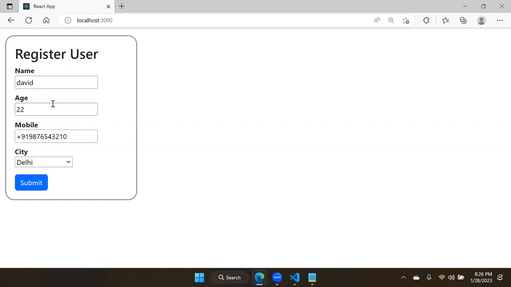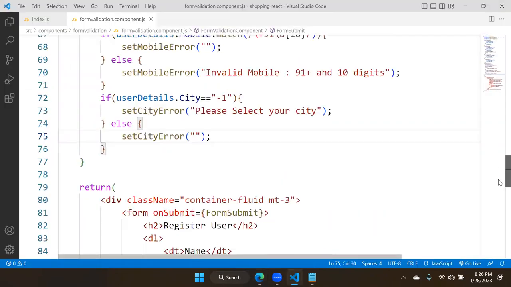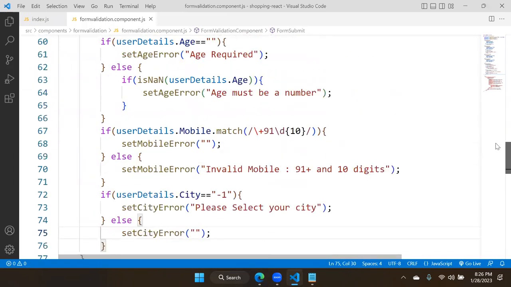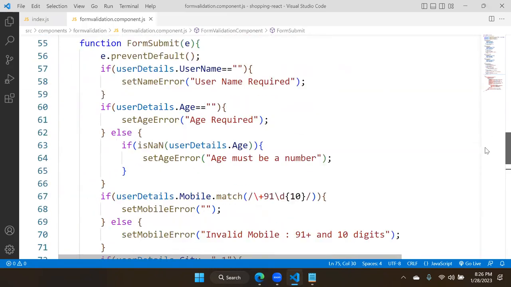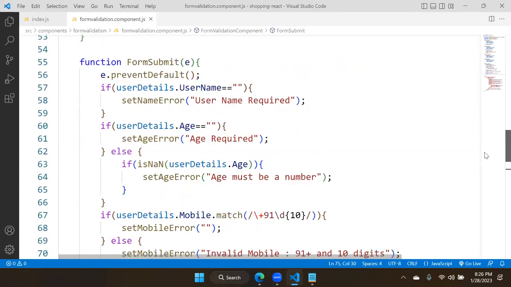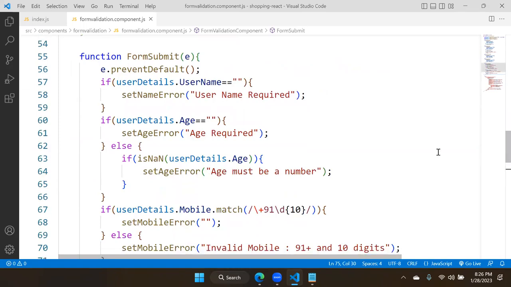Individually, all are verified. Fine. On submit click, it should submit the form data to the JSON string. We want to do that only when all are valid. What is the condition I should write? That means these are errors, right? If there are no errors,